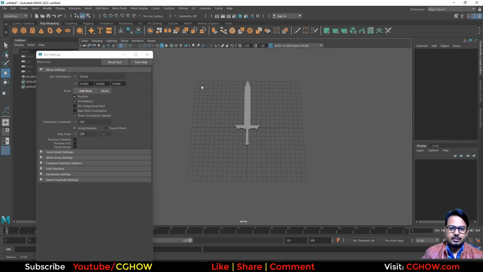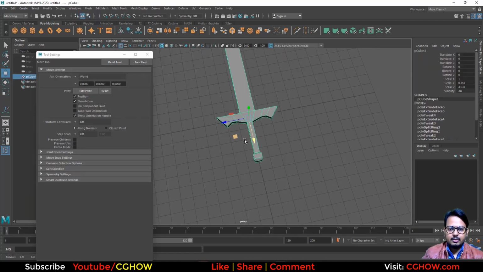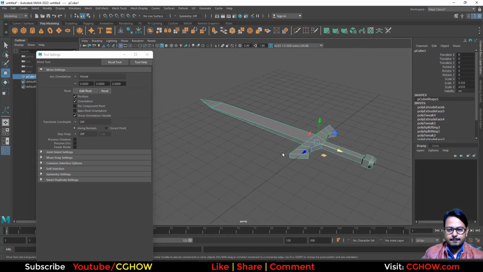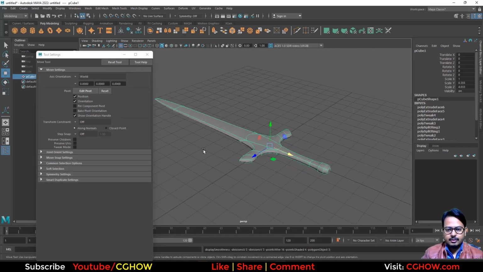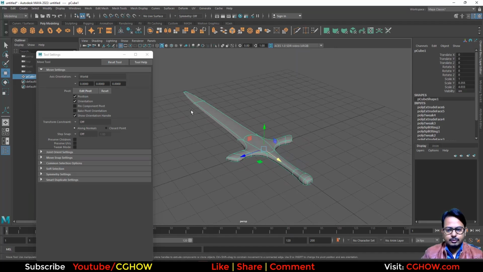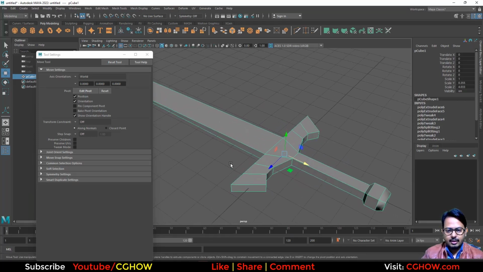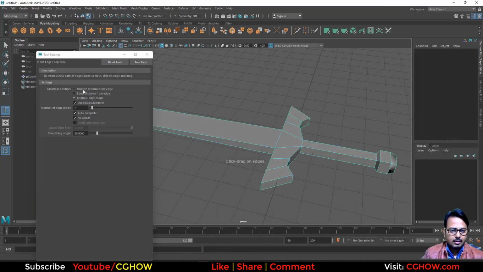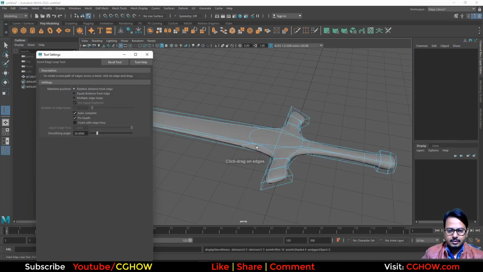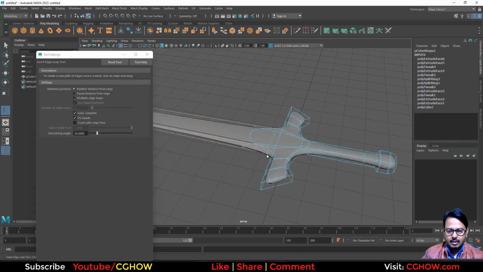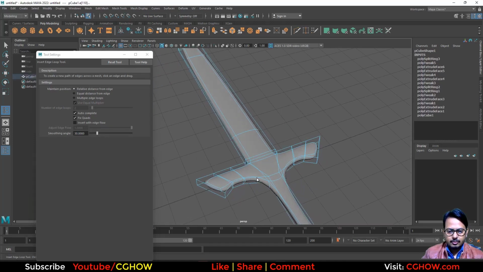Maybe that's it. So we got a simple low poly sword, and if I smooth it, we can use the smooth version and we can apply some supporting edges. So press 3 and you can just apply these, and also here,